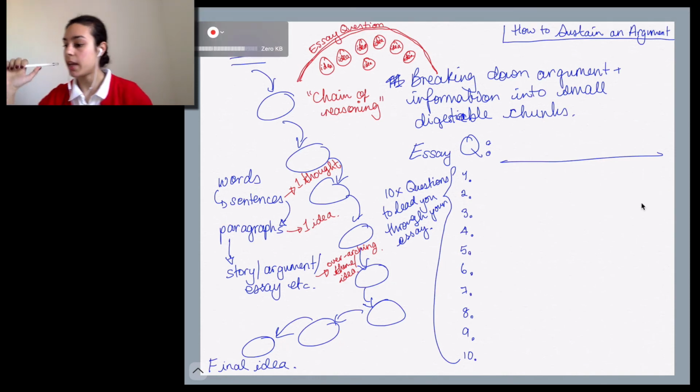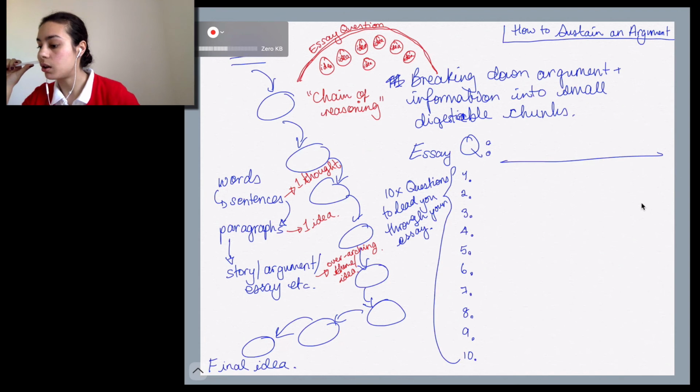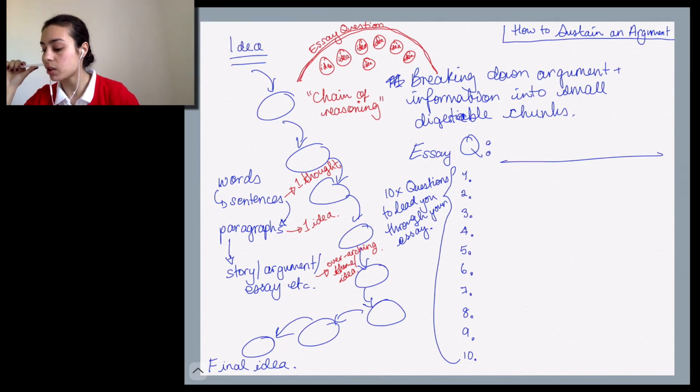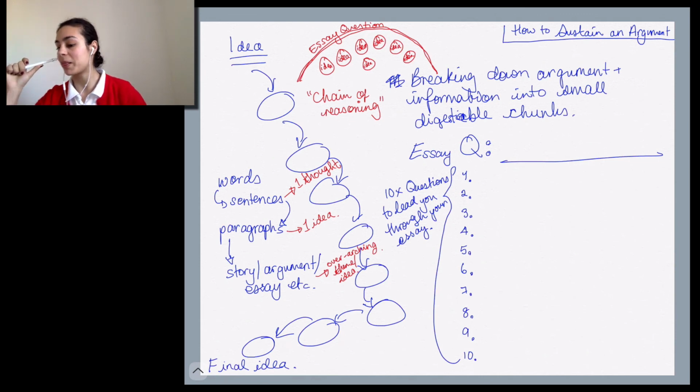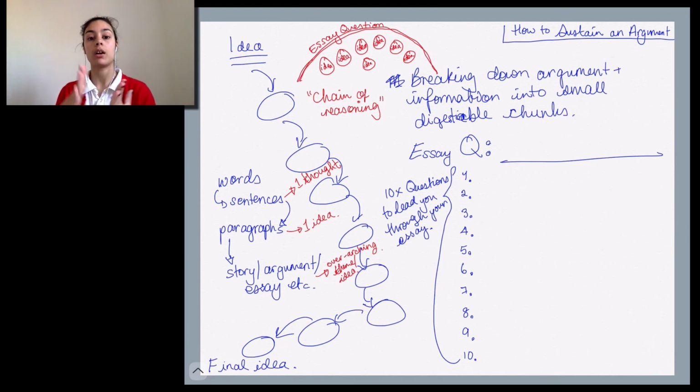Okay, the last thing I'm going to talk about, actually, because I can feel the tiredness coming over the internet from what I've put on each day. So this is the basic thing of an essay. We want a chain of reasoning. We want a stepping stone from each paragraph to the other. And each paragraph is one idea, and within that paragraph we have sentences that contain one thought that make up your thinking of that idea.